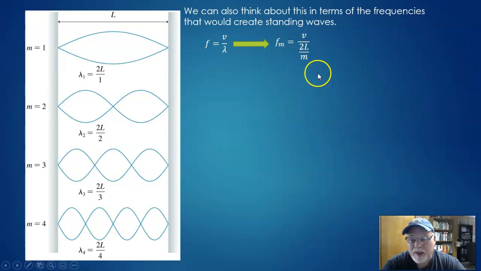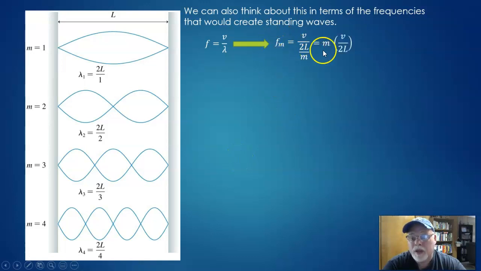And so this would be the general way to calculate the frequency. I've just taken the velocity of the wave, which is always the same because the medium hasn't changed. And now I'm just putting in all the possible wavelengths that I could have in terms of whichever m value that I'm looking at. And if I do the math and wrangle that around,